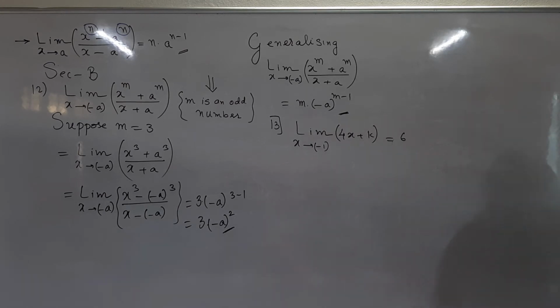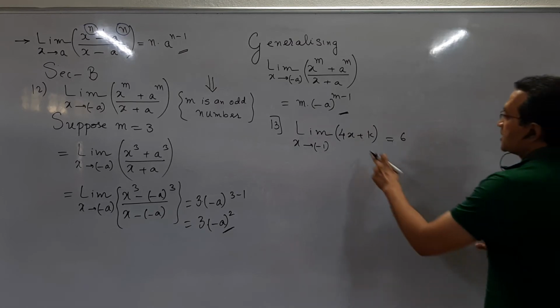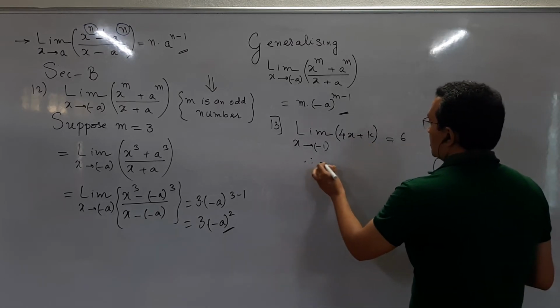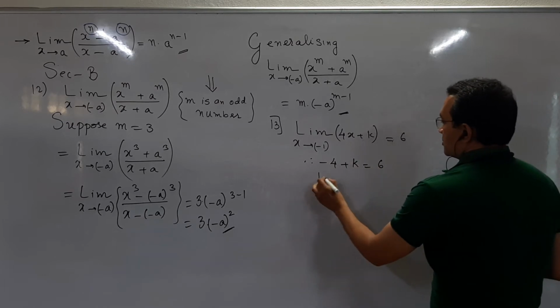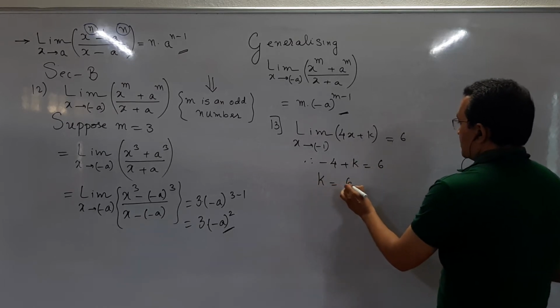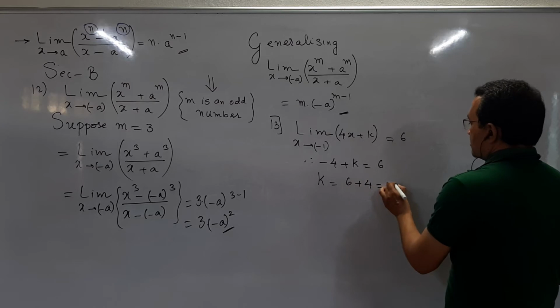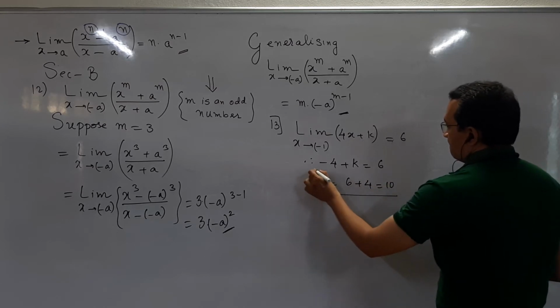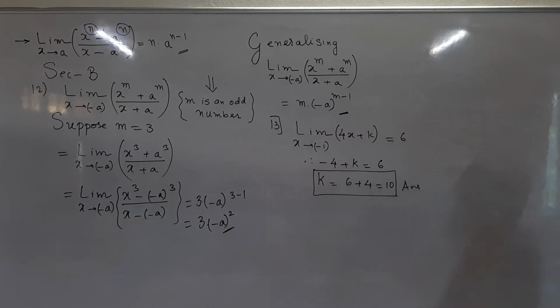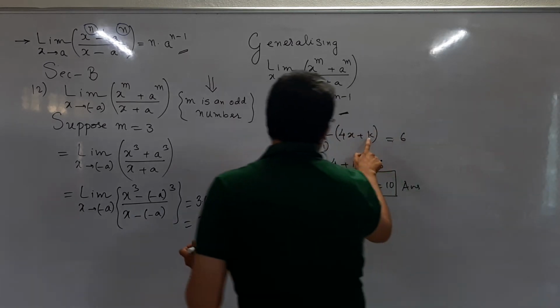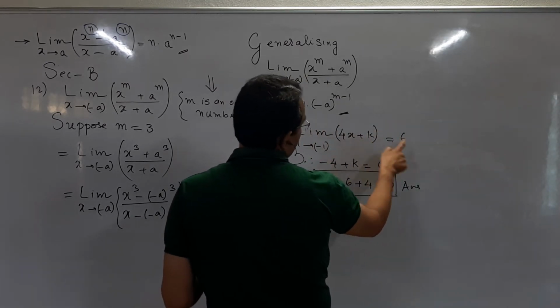Then we have to find the value of k. Replace x by minus 1, so this becomes minus 4 plus k, and the answer is 6. So k will be 6 plus 4, that is 10. Nothing can be easier than this. If I write k is equal to 10 and take the limit, 10 minus 4, you will get the